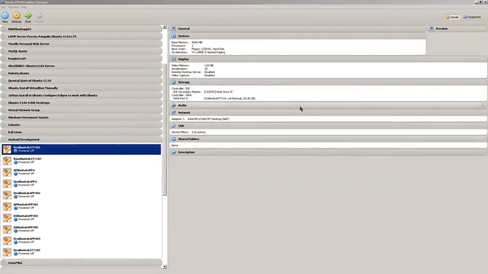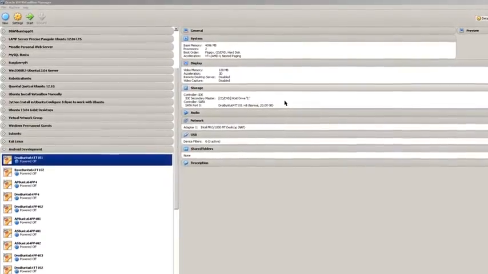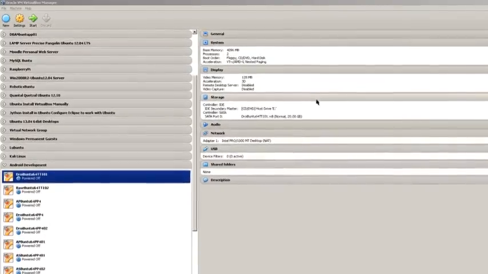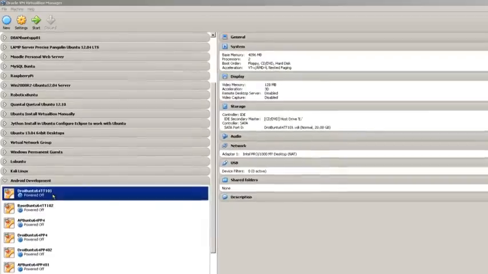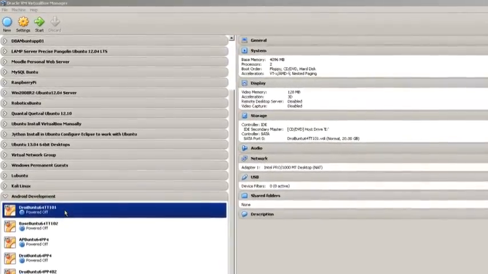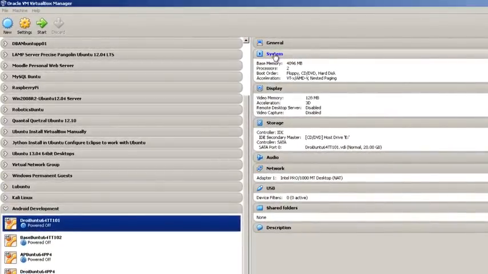In this section of the video, I'm going to show you why trying to run an Android emulator is not a good idea for a virtual machine. Even though it runs slow on a hardware machine, it just is almost impossible to run on a virtual machine. So here's my Droid Ubuntu, that virtual machine I used to install the Android development toolkit with the Eclipse on. I'm going to go to System here,